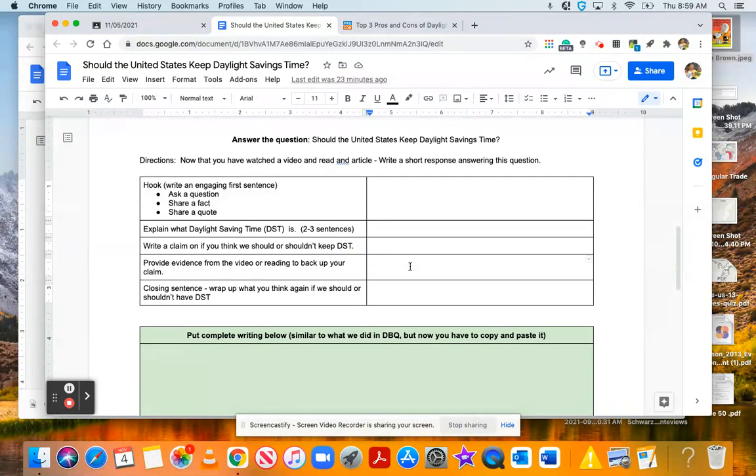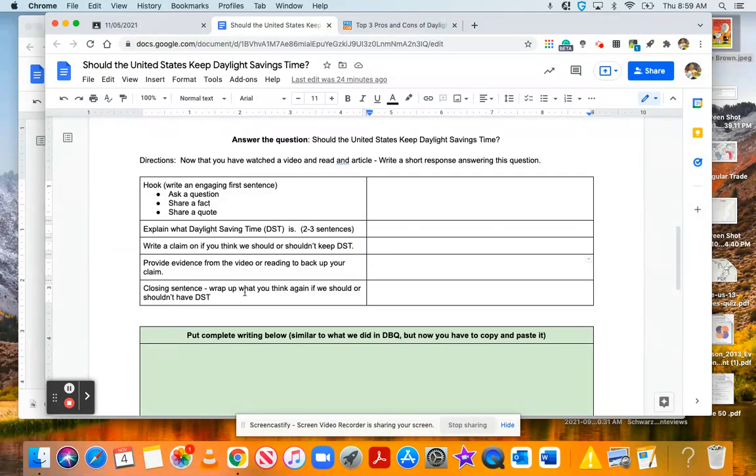Then you're going to provide evidence on why you think this. I think we should get rid of this because in the text it says, or I think we should keep it because in the text it says, and then provide that evidence from the text. It could also be from the video as well, as long as you're putting things in quotation marks to identify where it came from and what it is, and then explain a little bit more of why that quote matters. Give a little bit of your reasoning why it matters. Like, well, who cares that that quote says this? How does that help with your claim?